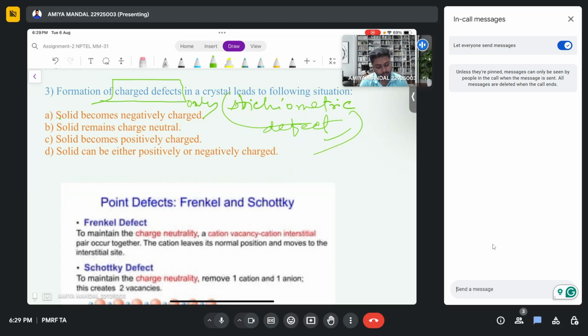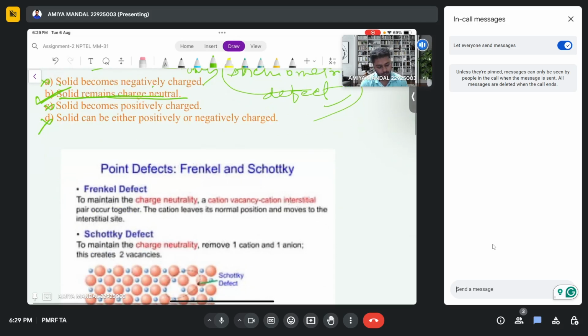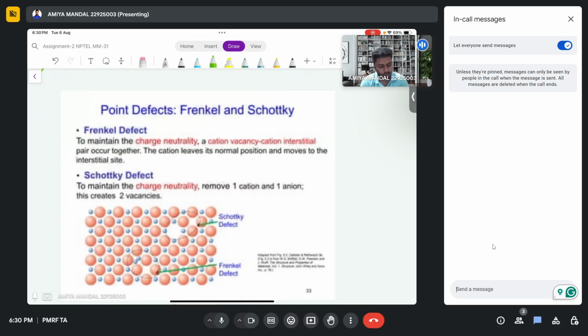Solid becomes negatively charged? No. Charge neutrality is always present in the crystal. So the solid remains charge neutral. This option will be correct. Becomes positively charged? No, this will not be correct. Solid can be either positively or negatively charged? No, this also is not correct, because you can see that for point defects like Frenkel and Schottky defect,